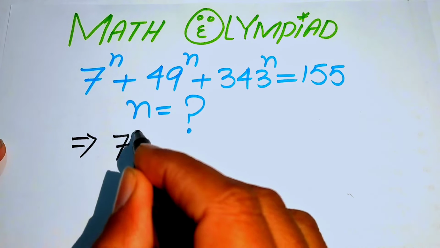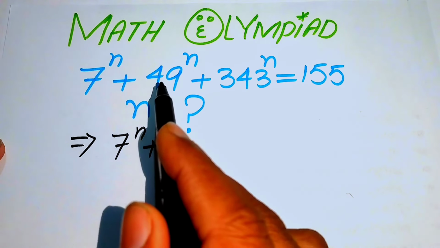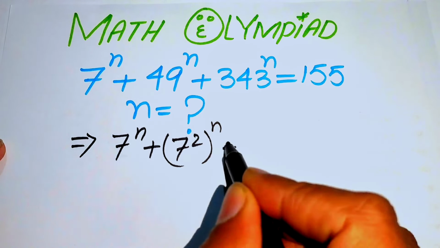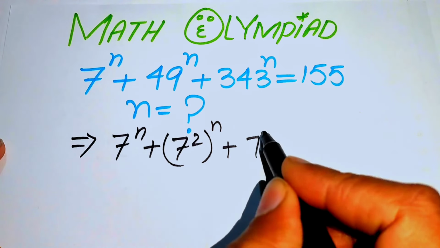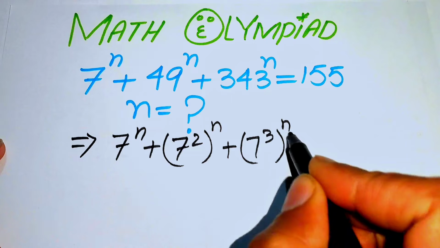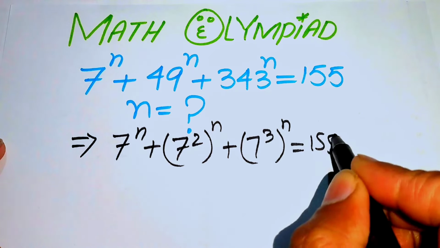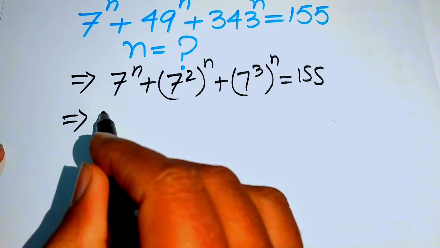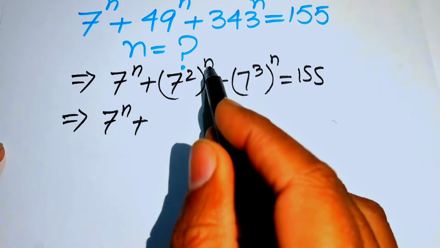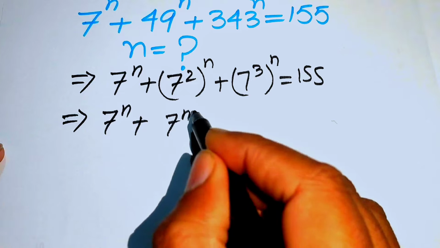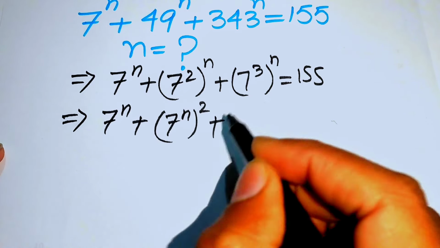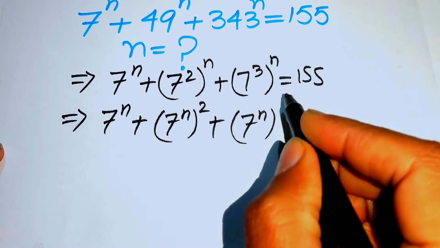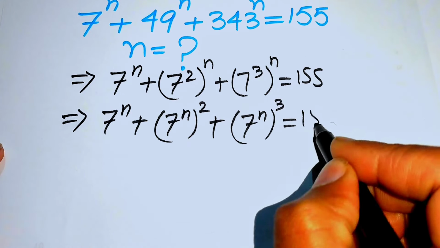7 to the power of n plus, we write this 49 as 7 squared and its whole power n, plus we write 343 as 7 cubed and its whole power n equals 155. So in the next step we use the nice exponential law, and we can interchange these two exponents. So we write it as 7 to the power of n, whole squared, plus, again interchanging these two exponents, 7 to the power of n, whole cubed, equals